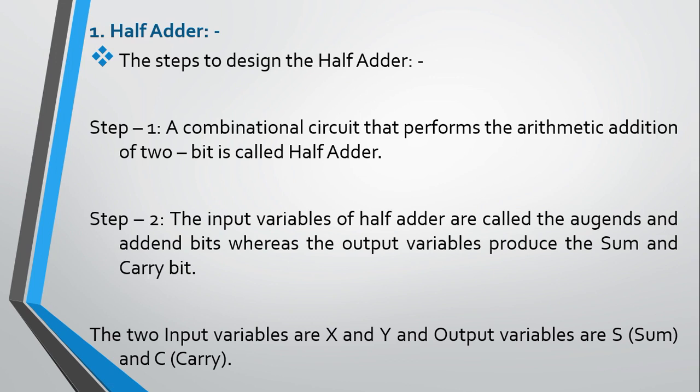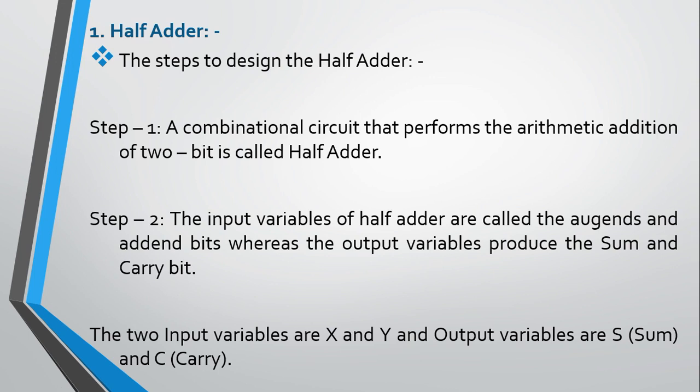The input variables A and B are referred to as operands, and the output variables S and C, that means sum and carry, are referred to as addend. Addend bits means output variables and operands means input variables. Now for two input variables we have two outputs. I have already told you that in a combinational circuit there is n number of inputs and m number of outputs. So over here for half adder you have two